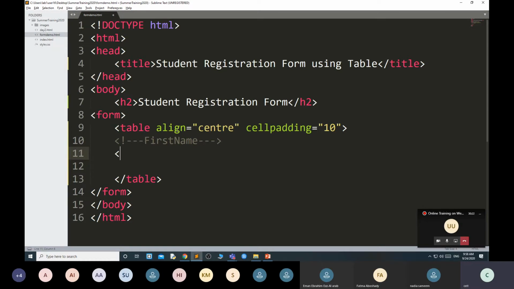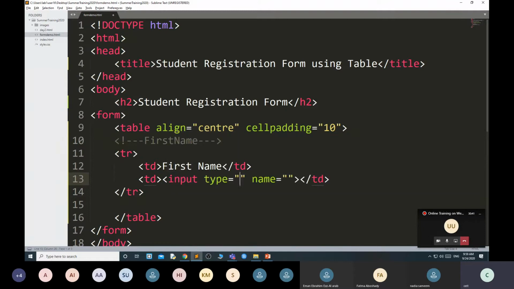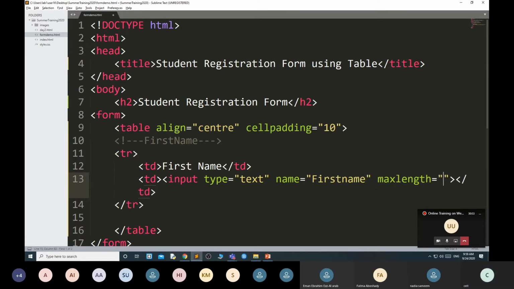For everything we are going to declare one row tr, then inside that td, this is the label first name, then in the second td I'm going to write the input type text, name equal to first name, maxlength suppose 50, then placeholder, suppose I am giving the hint of one name.